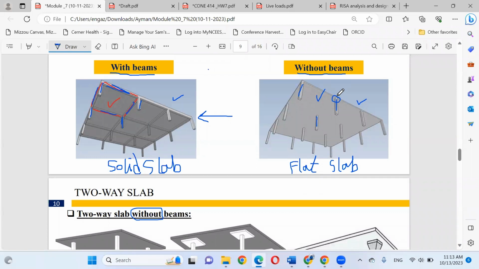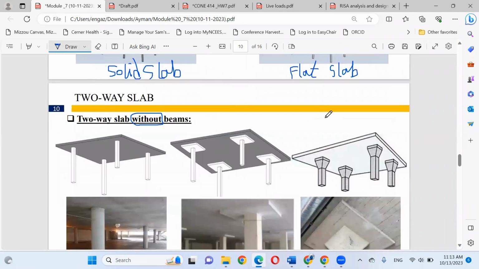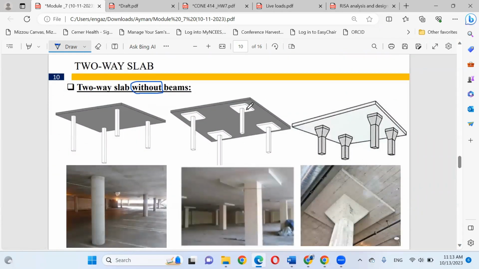We can expect punching: the column can break through and make a hole in the slab, because the slab is very thin. So this connection between the column and the slab is not strong enough against punching. So we can provide some adjustment, especially at the column-slab connection.